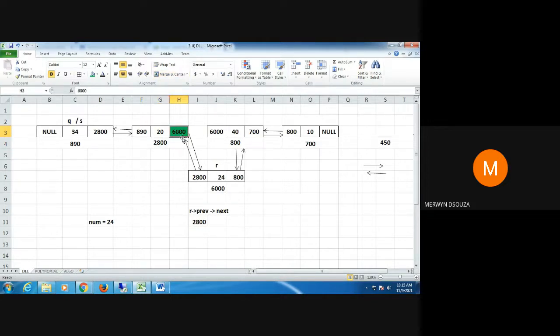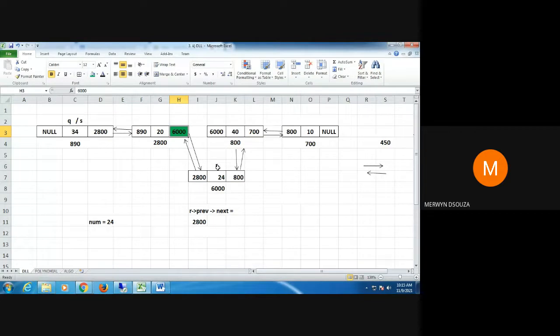What do I want there? I want there 800. Now if I had a pointer here, S, I would have said R arrow previous arrow next equal to S, something like that. But I don't have S, but I still need 800 here.